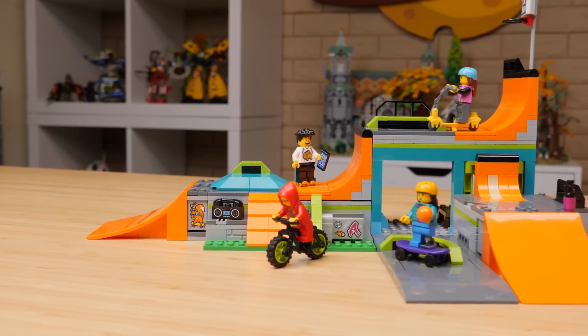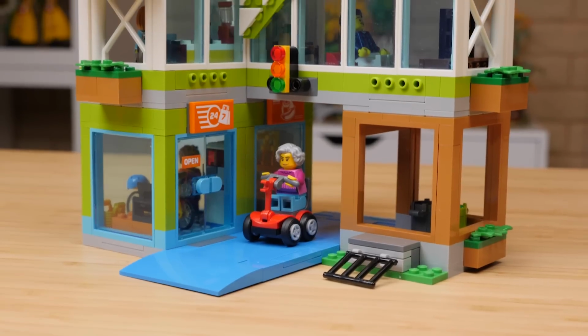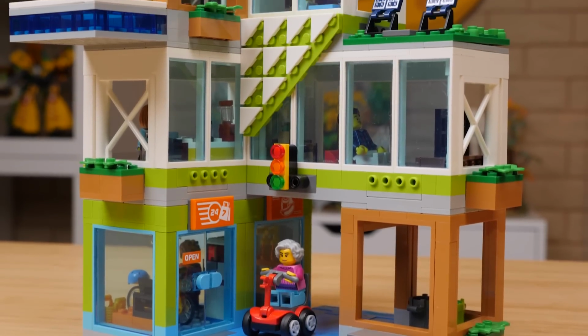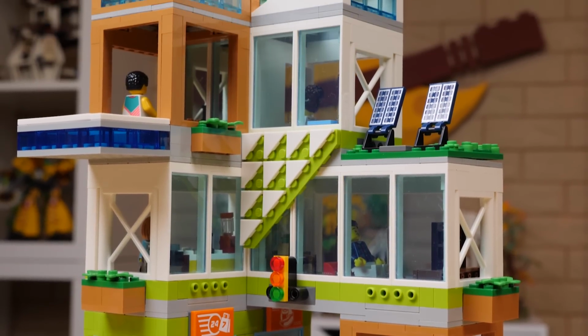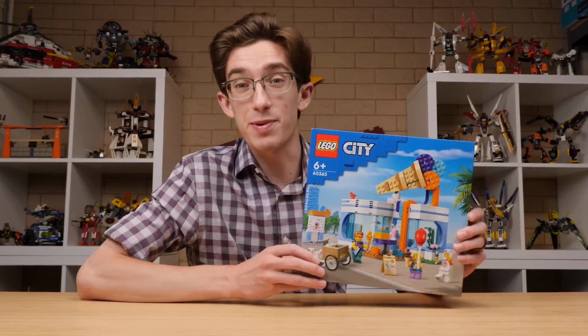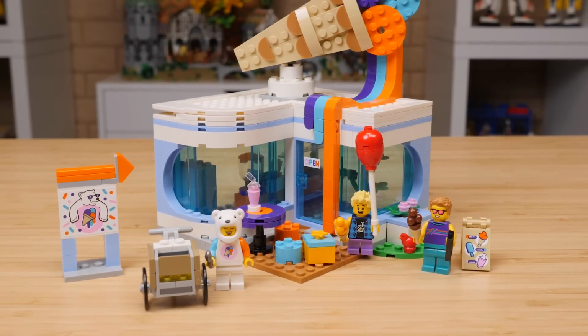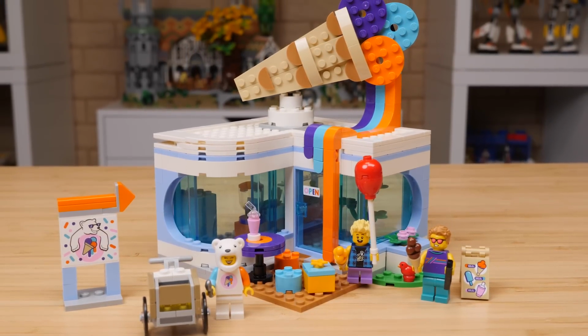But if you're into skateboarding, it's gonna be one of your favorites. Or maybe you don't live in that super trendy eco-friendly house, but have a nice apartment, or visit a friend who's in an apartment. Perhaps this set speaks to you. Or perhaps the most important experience of all, going to the ice cream parlor. I mean, this would have been a very important part of my LEGO City too back in the day. So yeah, I'm happy with the direction LEGO City is going. And I'm sure next year we'll see the police wave in the winter and the fire wave in the summer,